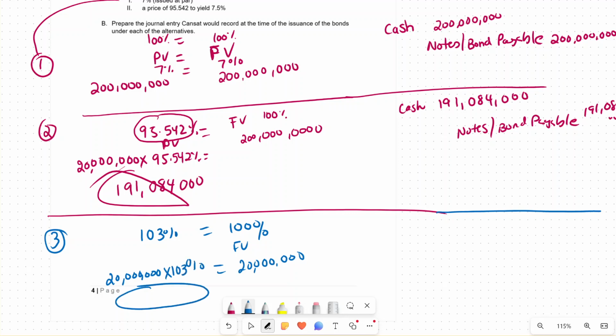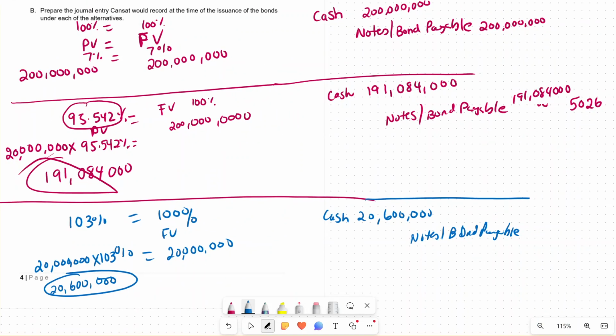This will be the present value of your bond, and that present value will be more than the face value. In this case 20 million times 103% gives you 20,600,000. So your entry will be debit cash of 20,600,000, and credit note or bond payable of 20,600,000. So these are all the questions that can be asked, and there could be another question from chapter 11,